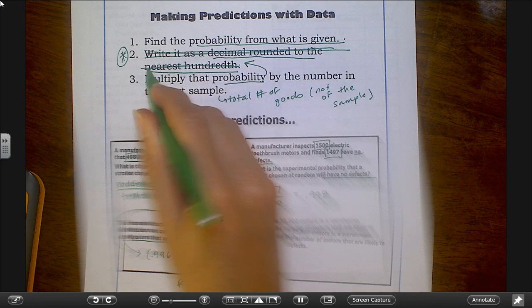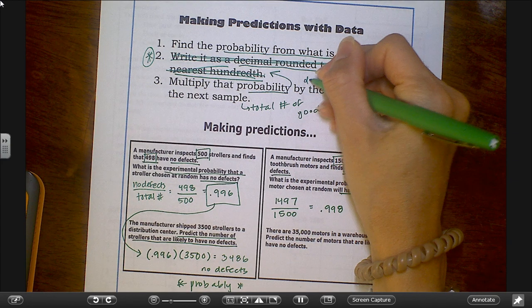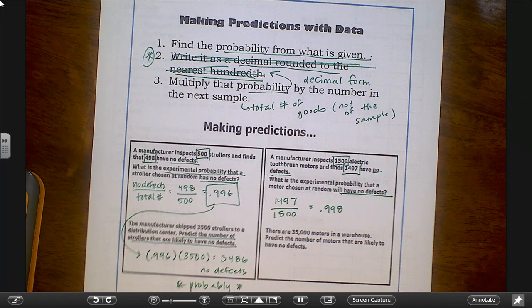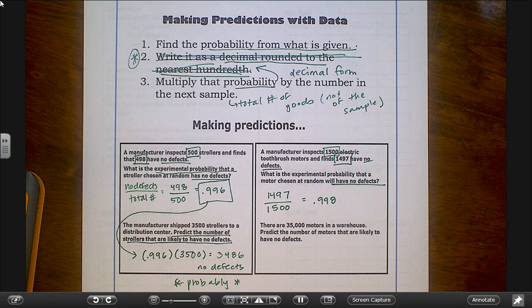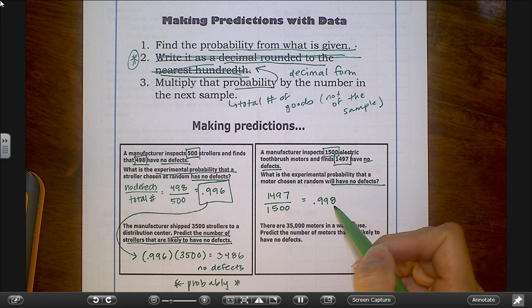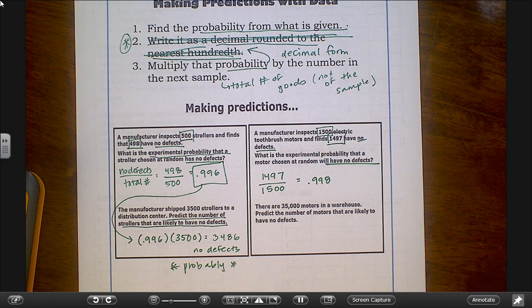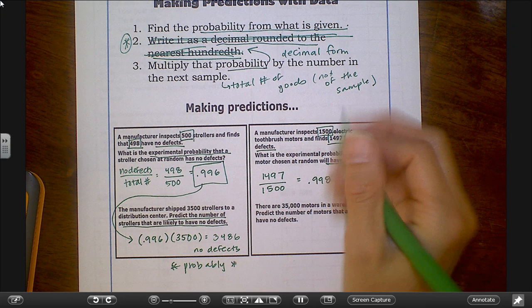So again, let's just go back up here and ignore that. I mean, you do want to write it in decimal form. But if it's going to round to the point where you get 100%, like this one also would, don't do that, because you would just end up with the same number you started with. All right,